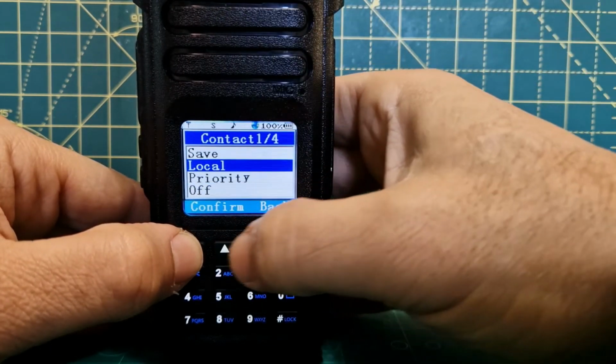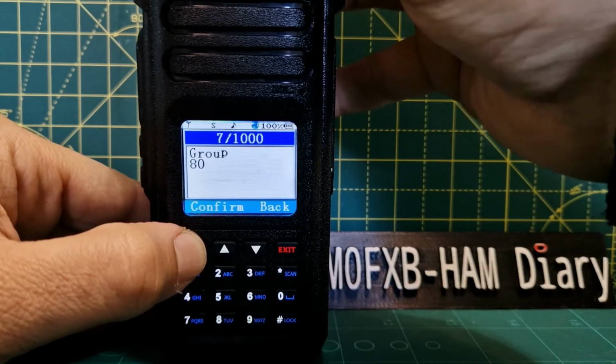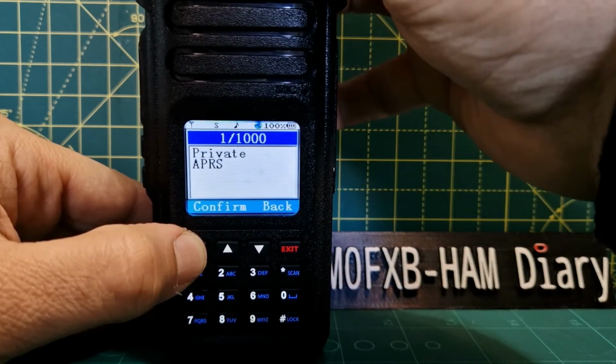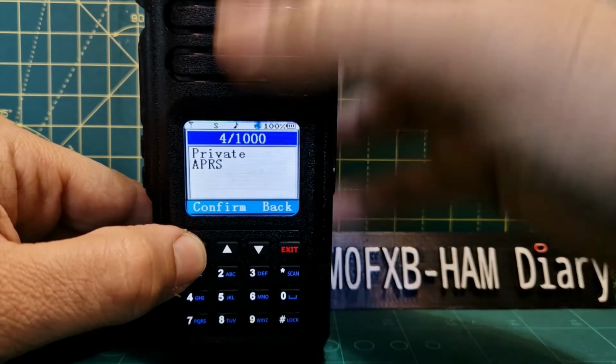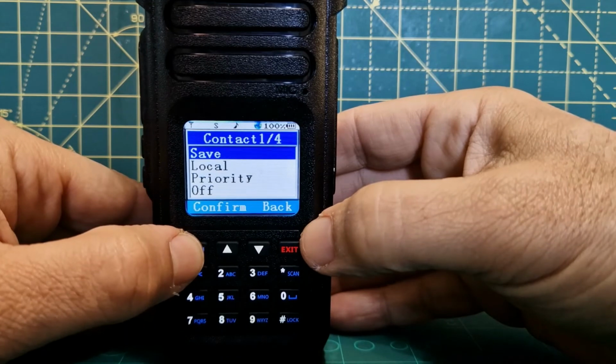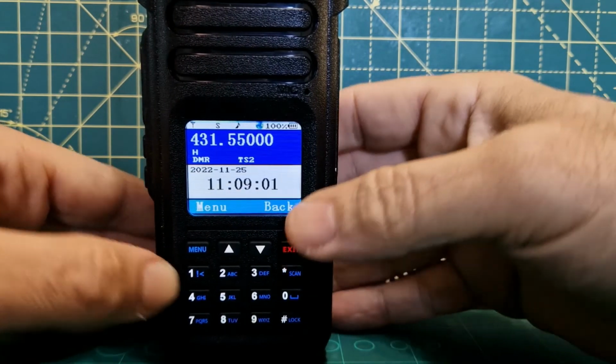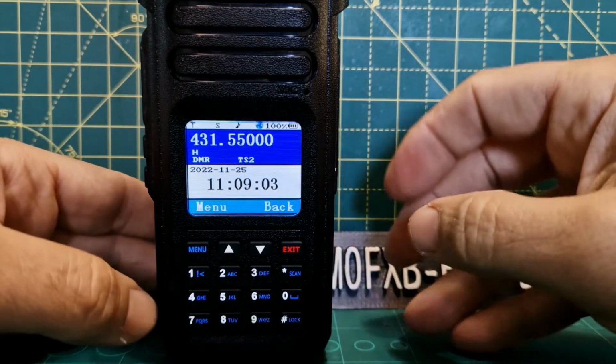priority. So go to priority, and then this is where you should be able to choose the different contacts that you've got in your radio by turning the knob or going up and down. So we want private, okay? So we've selected that and then save. Now go back out. So now you're actually, and if you TX, you're going to see the next part of